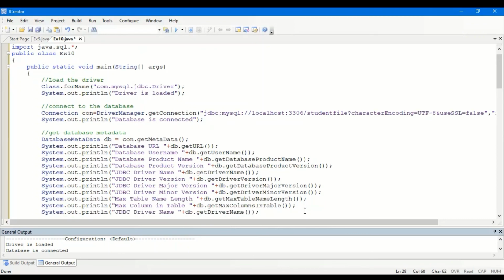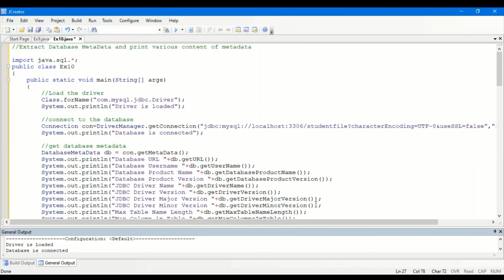One more is, let's try to find the maximum number of connections. Do you remember we try to have a connection here? So how many maximum connections can I have in JDBC? So getMaxConnections.